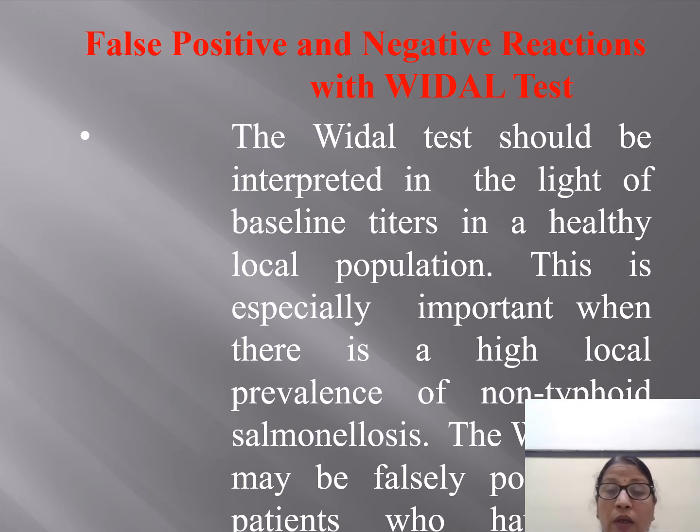So if still 1 or 2 tubes are showing the test positive, they give the test reaction as positive, and the clinician, if again they are not aware of community titer or baseline titer, starts treatment on the basis of that. But you should always remember that for O antigen the titer should be more than 100, and for H agglutinin the titer should be more than 200, then only you can label the patient as having enteric fever. Otherwise you assume it as baseline titer or community titer. Clear?